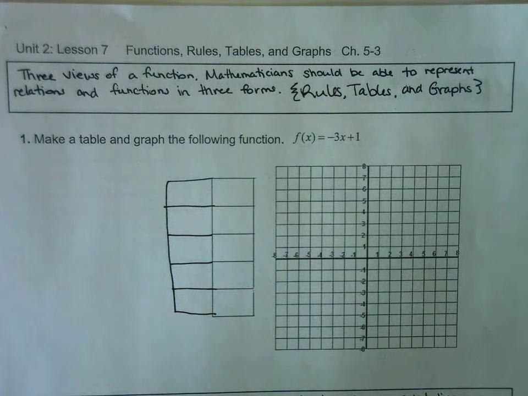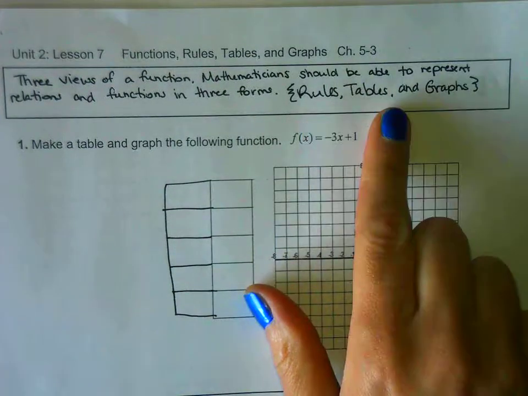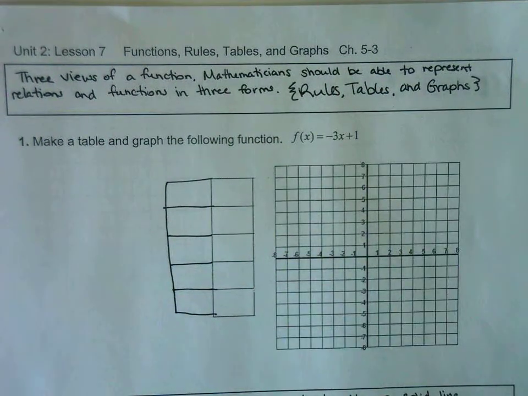And graphs. There are three views of a function. Mathematicians should be able to represent relations and functions in three forms, using a rule, a table, and a graph. So for example number 1, we want to make a table and graph the following function, f of x equals